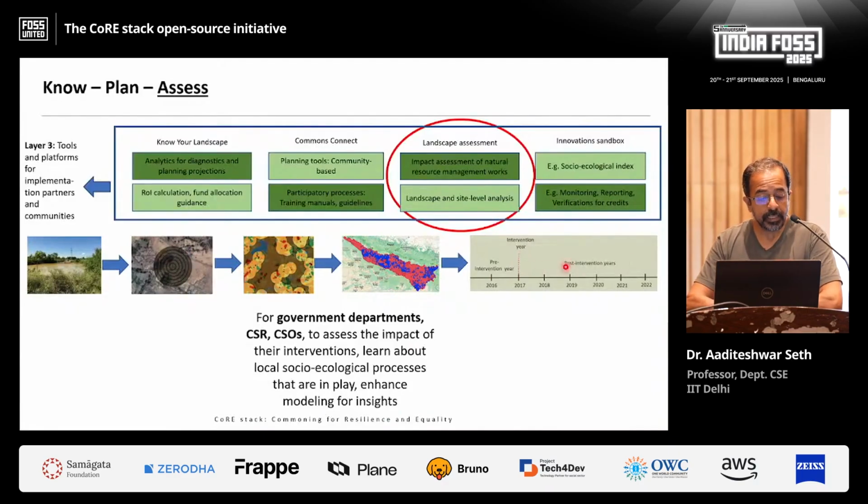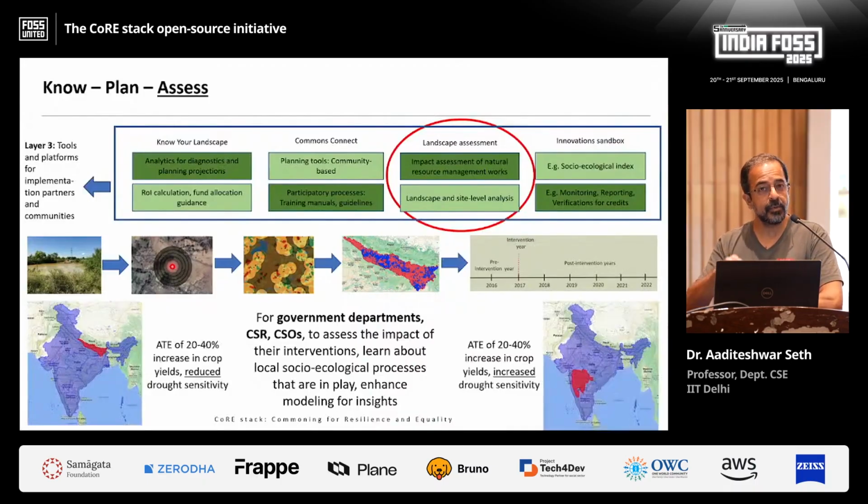So the way we do it is that for any farm pond, we look at how the greenness around the farm pond is changing after the intervention year, compared to before the intervention year. So what's the difference? And how does it compare to counterfactual locations, meaning areas where there is no farm pond but which are very similar to this site, in terms of soil, in terms of slope, and distance to other water bodies and so on. So these are standard methods to attribute.